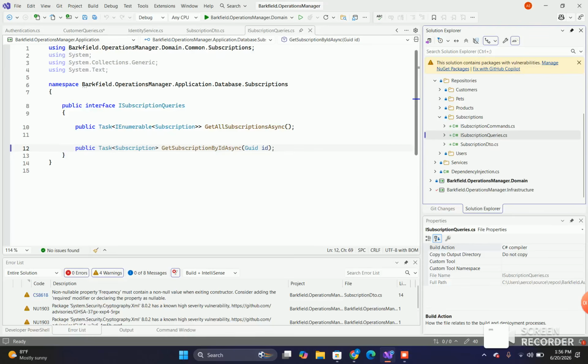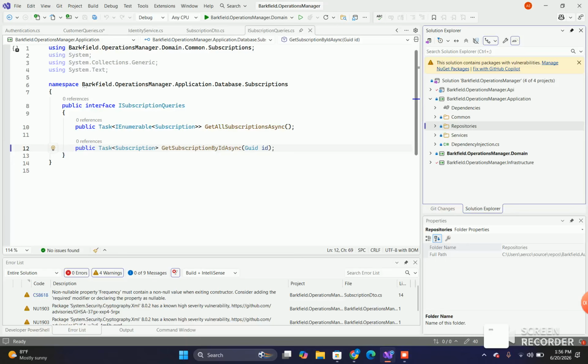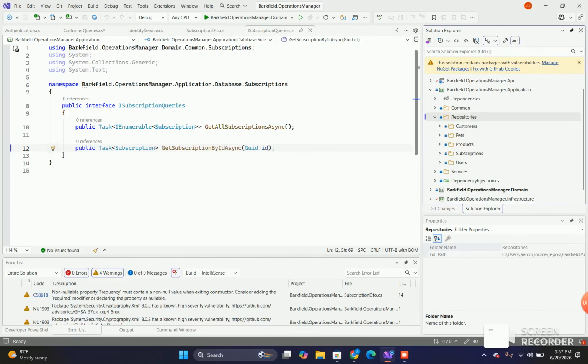And then here in our interfaces, we just define what we want, right? So get all subscriptions, get subscription by ID, all these kinds of things. Now why I do it this way, and I've done it two different ways before. I've done it where I have the SQL in the application layer, right? All of the setup for the SQL client, setting up Dapper, lives in the infrastructure layer, but that doesn't change. I've done it before where instead of having these interfaces,